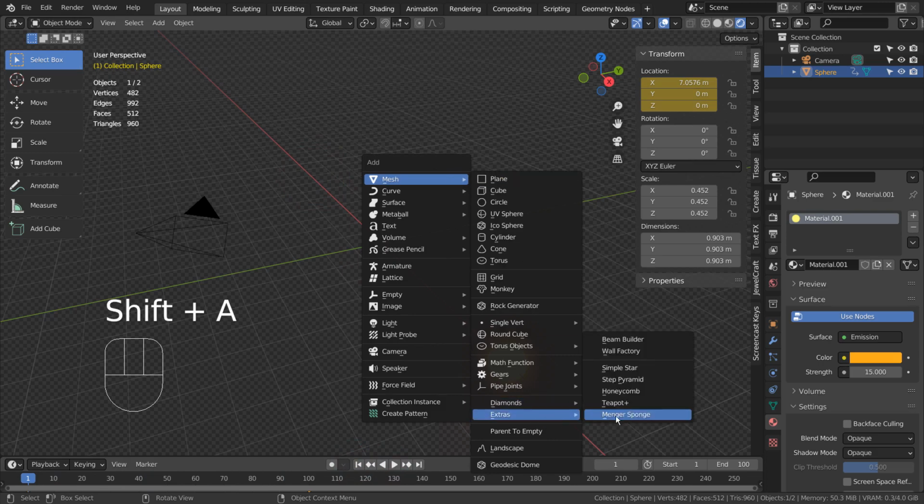Let's create a teapot. If you don't have that in the menu, please activate an add-on called Extra Objects.